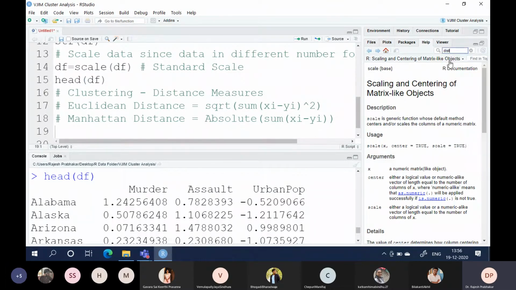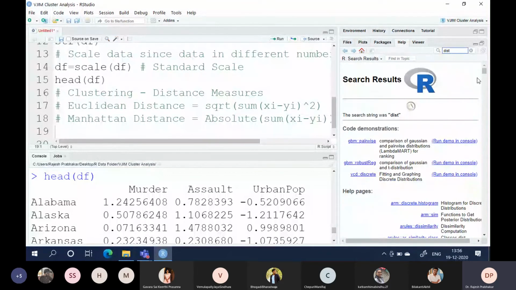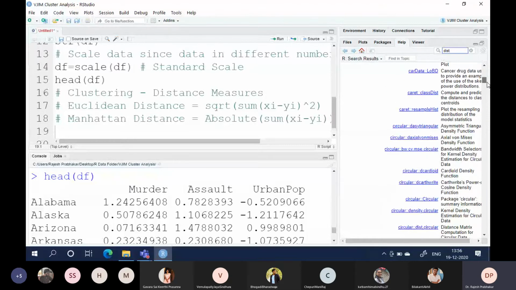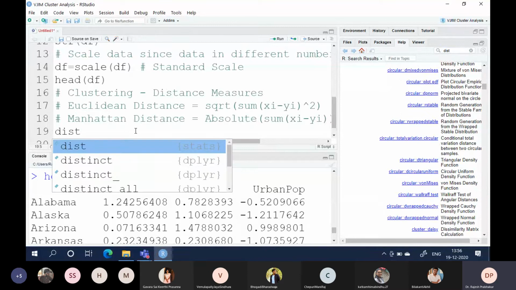So the dist function in R will give us the distance measures. The dist function in R. Which package is dist in? The stats package.